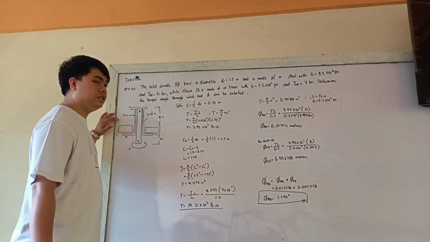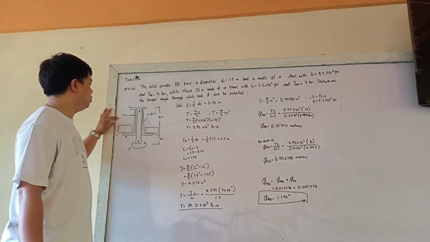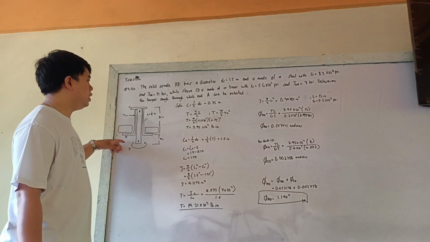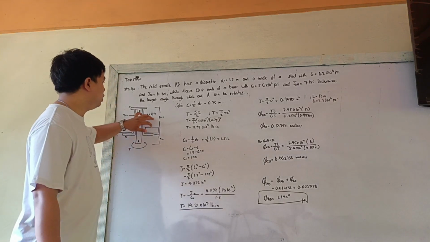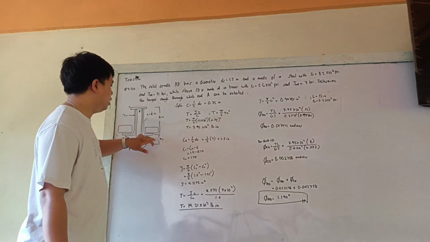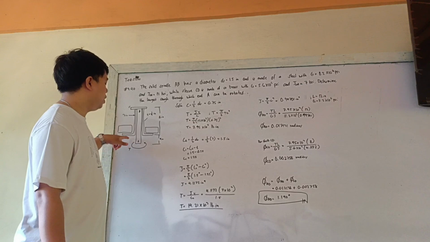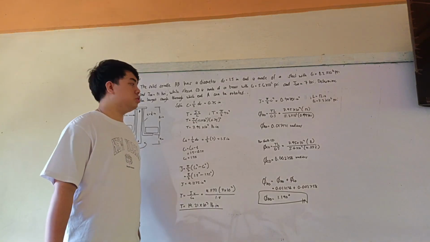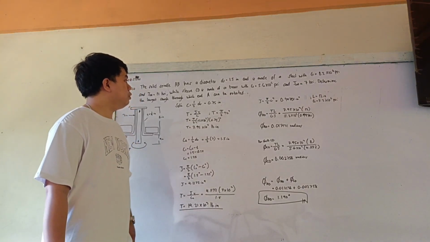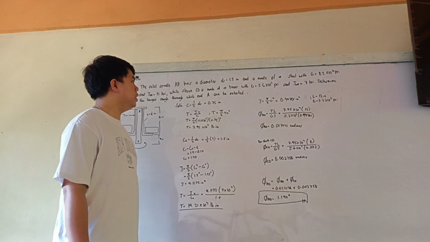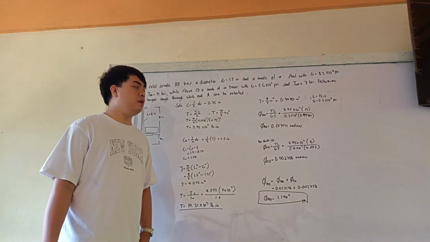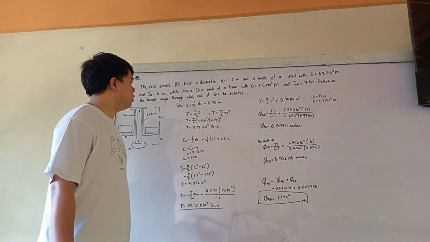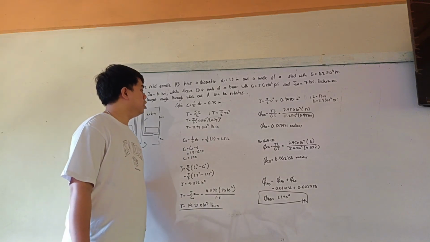So this is our free body diagram. So we have the spindle, we have this T rotating. So we have the distance of 8 inches and 4 inches from A to E. So that's all. C is equal to 1/2 ds. So our C now is equal to 0.75 inches. So next proceed to T.